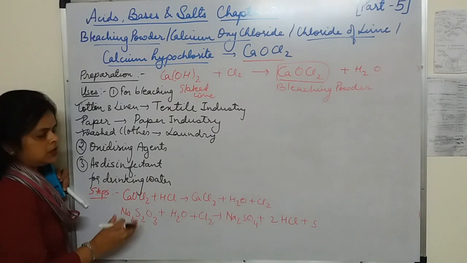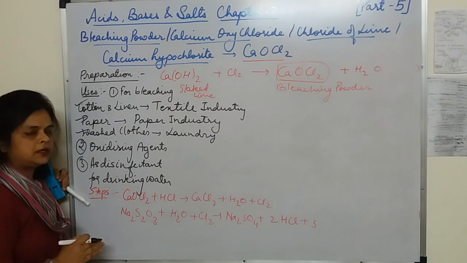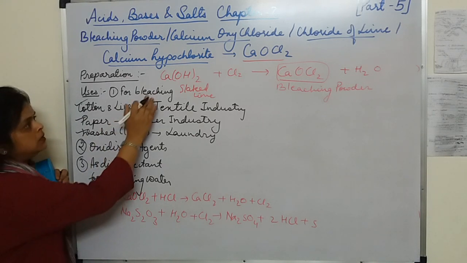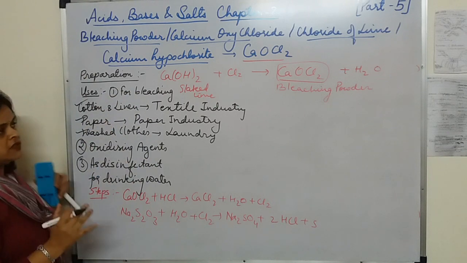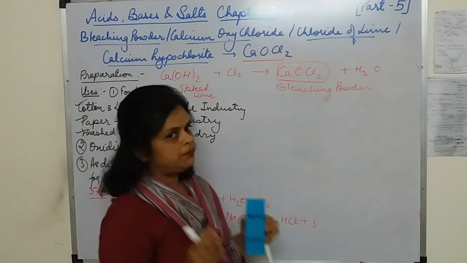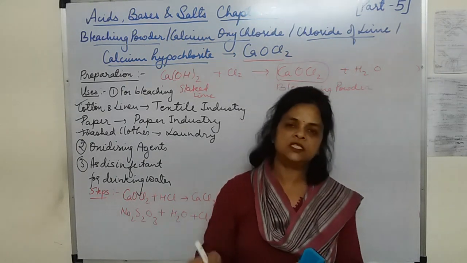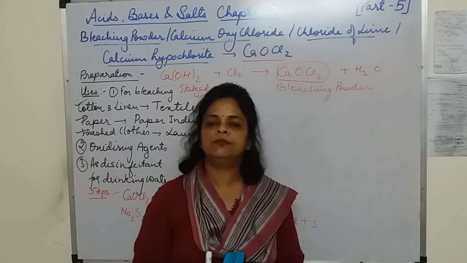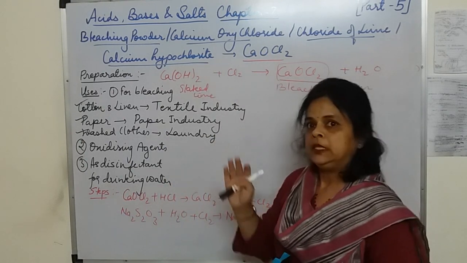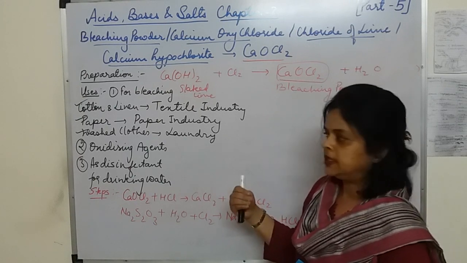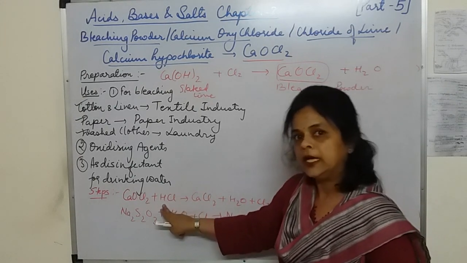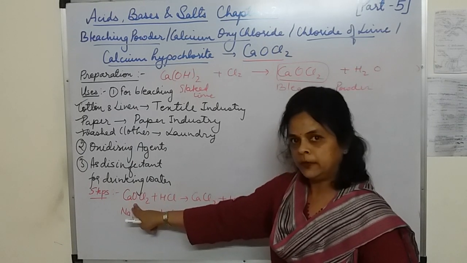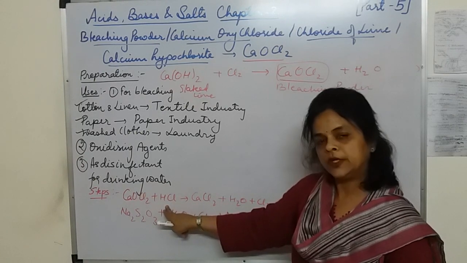Now students, I am going to tell you a little part about its bleaching action. It is not there in our NCERT book, but for our extra knowledge, we will go through it. Okay, how the bleaching action is done. First of all, the fabric which has to be bleached, it is kept in one tank which is having the solution of bleaching powder. First, that fabric, it is dipped into the solution of bleaching powder. Second step, that fabric, now it is dipped into a dilute solution of either hydrochloric acid or sulfuric acid.